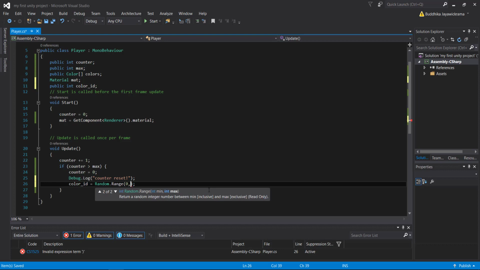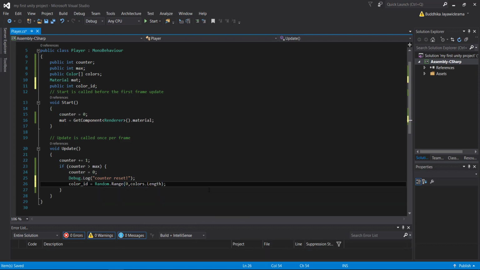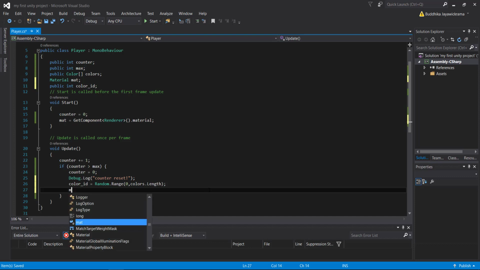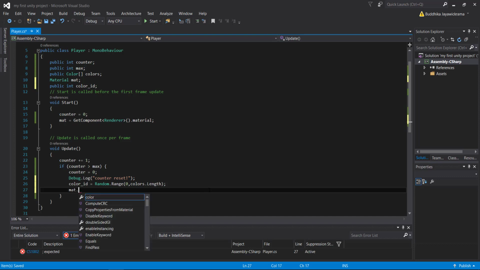Let's try the second option: int min, int max, exclusive of the max. Okay. So between 0 and colors array dot length. Okay. Now we have a random ID that can be taken from the colors array, and we can set the